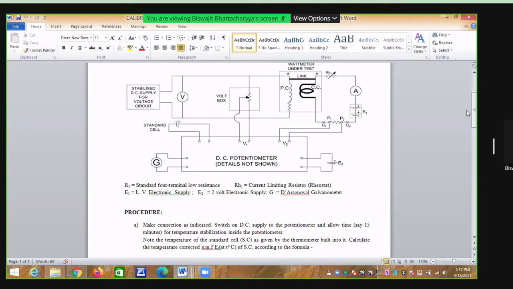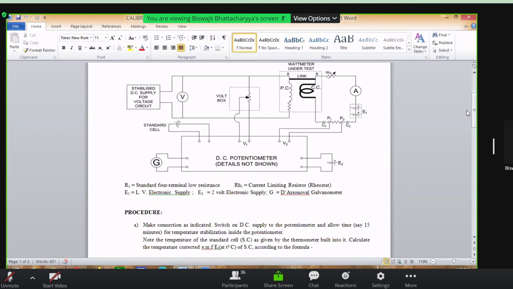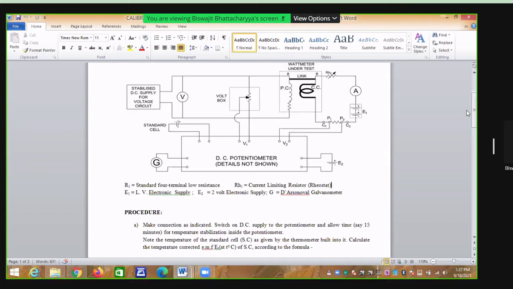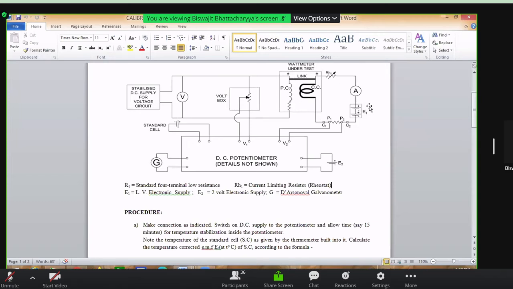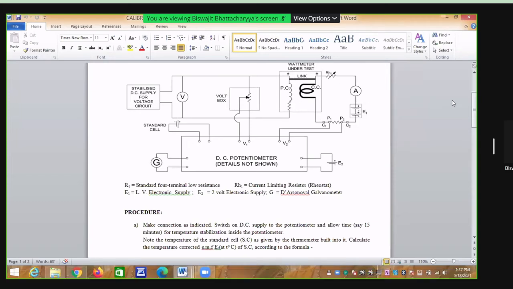That is the most important thing. Instrument deflection will not be linearly related with the product of two coil currents. That's why you want to remove the potential difference between the two coils. How? By connecting a link. By connecting a link, the two coils will come to the same potential. So there will be two arrangements, with link and without link.